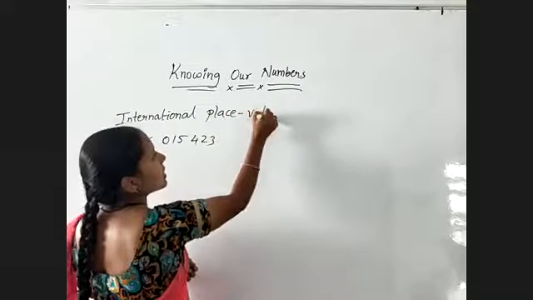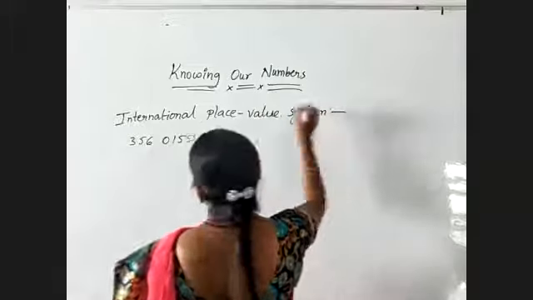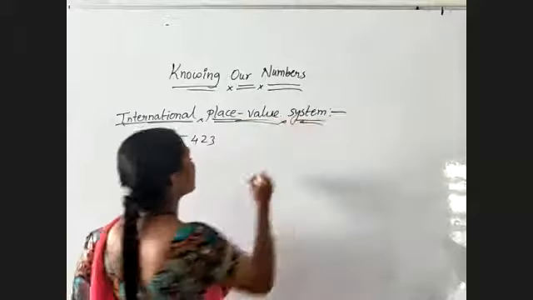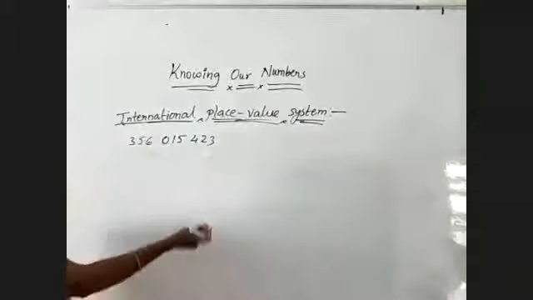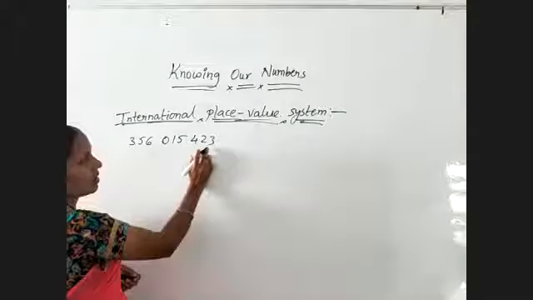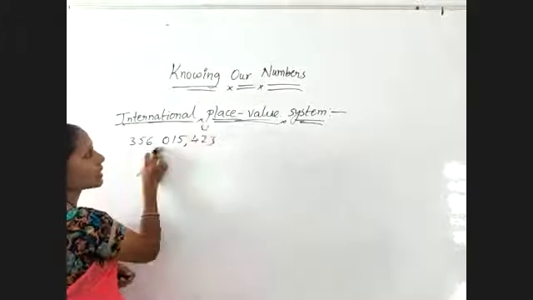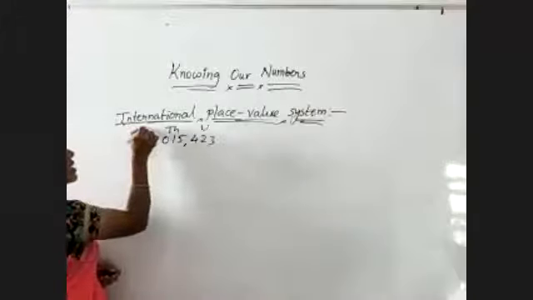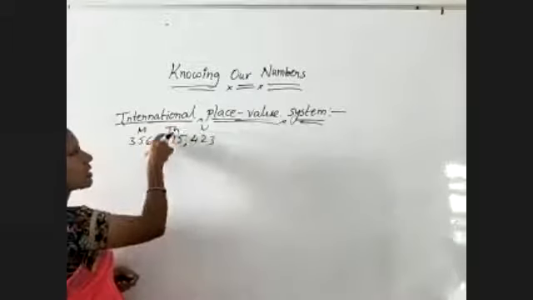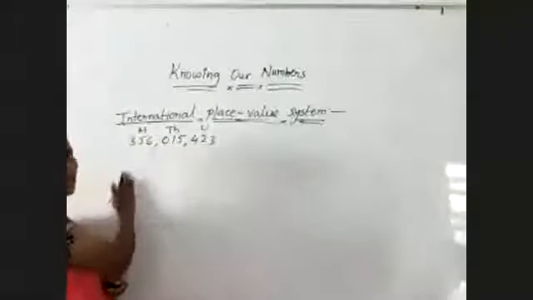So I want to express this number by using the international place value system. Just observe, in the international place value system, every period consists of 3 places. From the right side, separate by using commas. Separate the periods: 1, 10, 100, the units period. Again 3 digits for the thousands period, and 3 digits for the millions period. So the main periods in the international system are units, thousands, and millions. Each period has 3 digits, 3 digits, 3 digits.